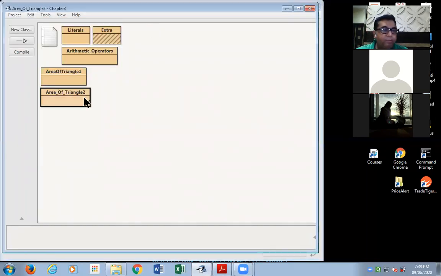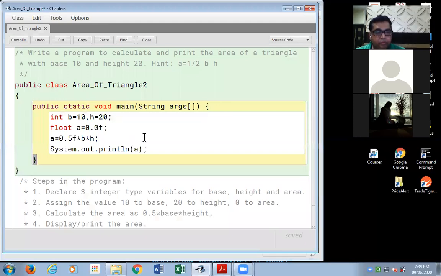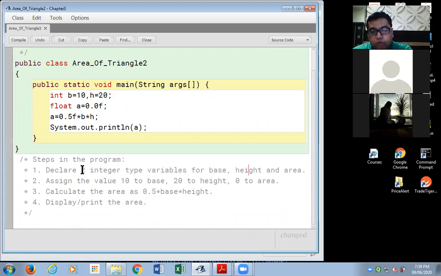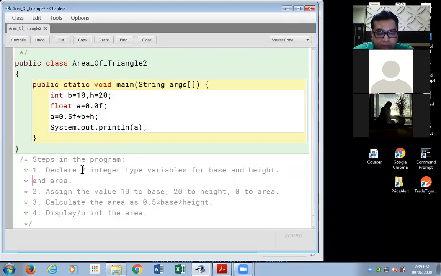Going back to our program, making a small change in our steps below: declare two integer type variables for base and height. Second step, declare a float type variable for area.